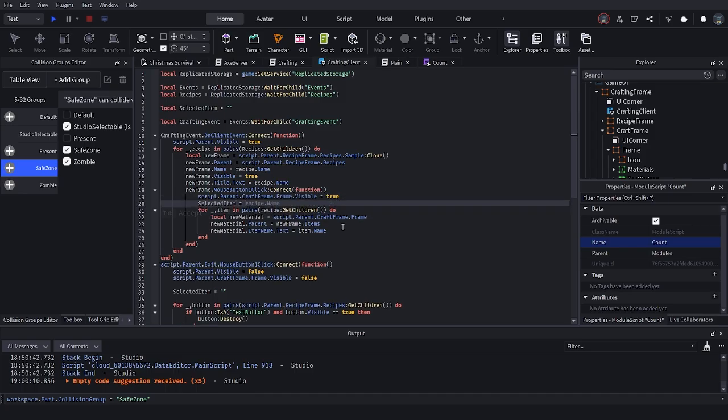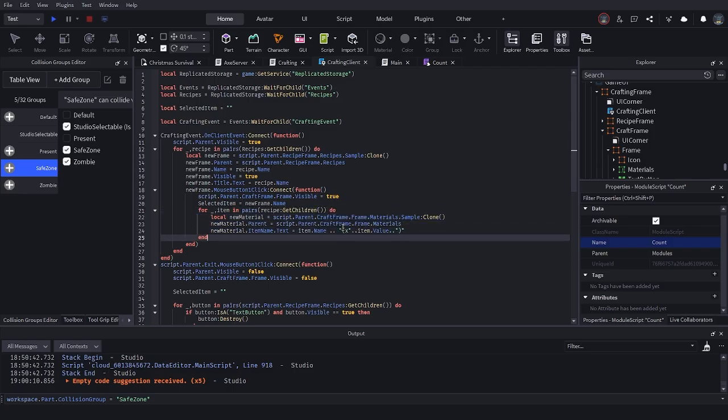Selected item is going to be equal to new frame dot name. Script name dot materials dot sample clone is going to be equal to, holy whatever this is, and item name dot dot parentheses x dot dot item dot value dot dot close parentheses,